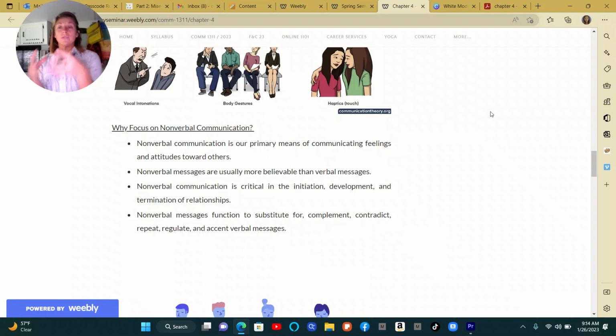When you start a relationship, you need to be paying attention to that nonverbal. Usually when first dates occur and the partner is not listening, I ask you, what do you like to do on Saturdays and Sundays, and then I don't listen to anything you have to say, that person's not going to want to go on another date because they're not listening. They don't even ask me any questions, right? Things like that. And then nonverbal communication is critical in terminating relationships so that things can end smoothly, whether that be in a professional sense or a personal sense.